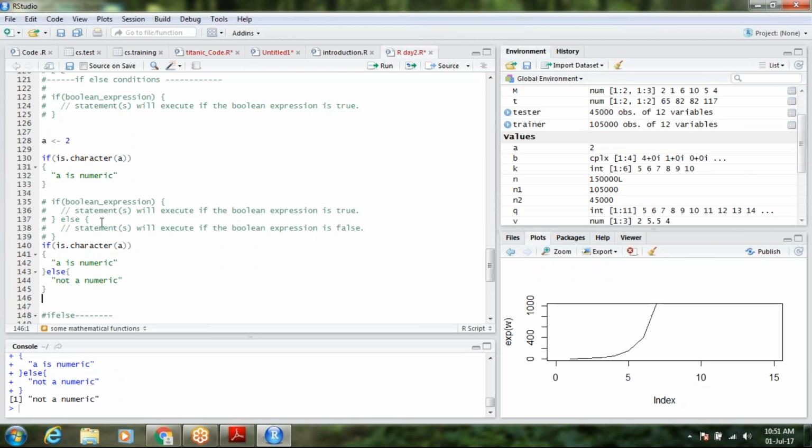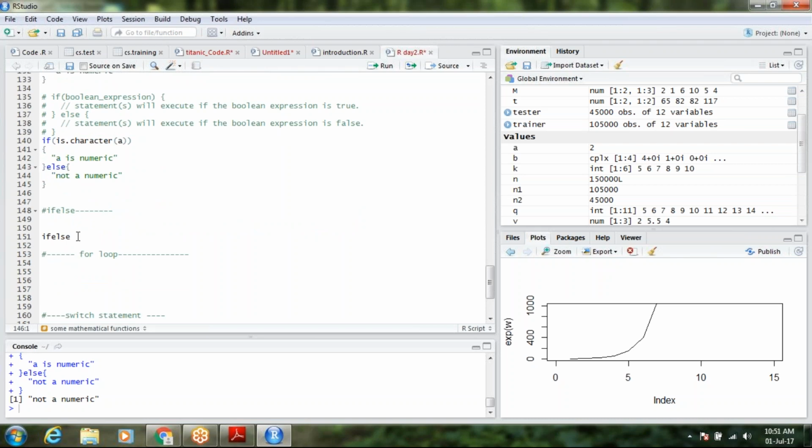So these are the basic workings of if else. If else is also used in this way. This is the same as working in Excel. First you have to give the condition, so is not